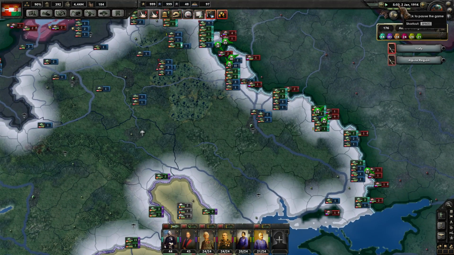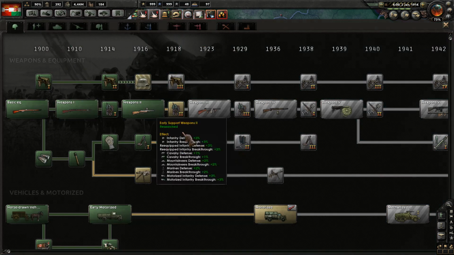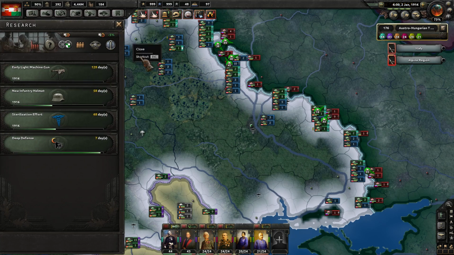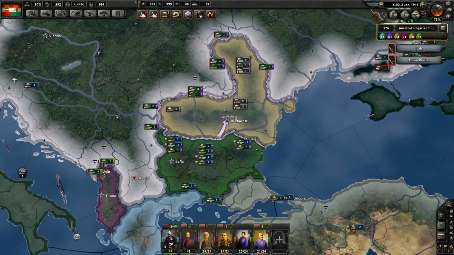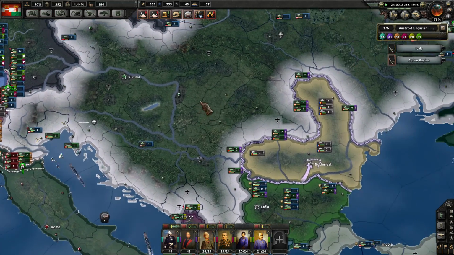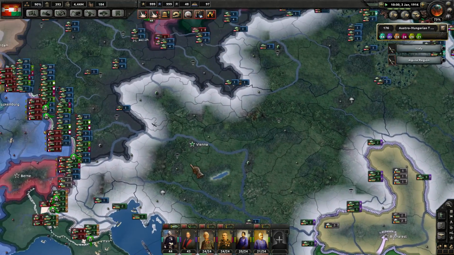Trench mortar 1 is finished, so that's good. Let's go ahead and see. Oh yeah, the early light machine gun there at 128 days. We want to make sure we grab that. Update our troops appropriately. Giving yellow group down here a rest, of course. And then,